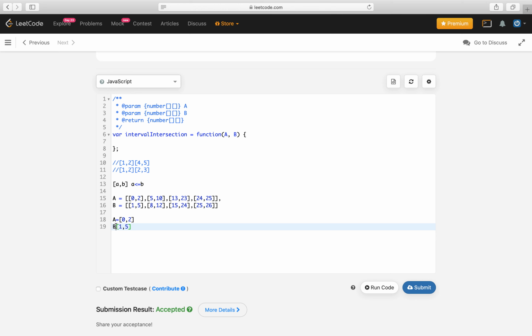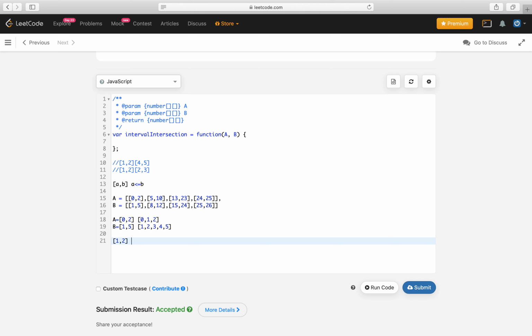So A is basically [0, 2] and B is [1, 5]. What are the common elements between these two intervals? We can see that the common elements between these two are 1 and 2.